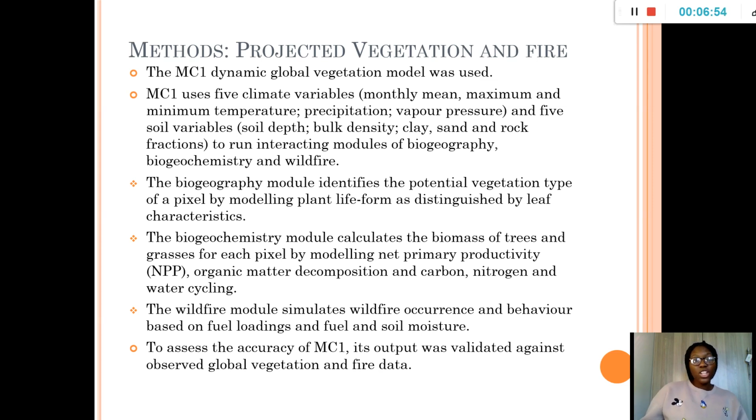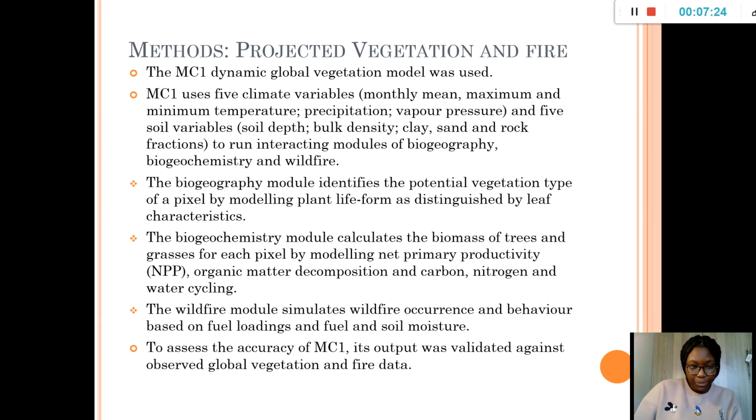So to model potential vegetation and wildfire, the MC1 dynamic global vegetation model was used, and the MC1 dynamic global vegetation model uses 5 climate variables, namely monthly mean, maximum and minimum temperature, precipitation, and water vapor and vapor pressure, and 5 soil variables: soil depth, bulk density, clay, sand, and rock fractions, to run interacting modules of biogeography, biogeochemistry,